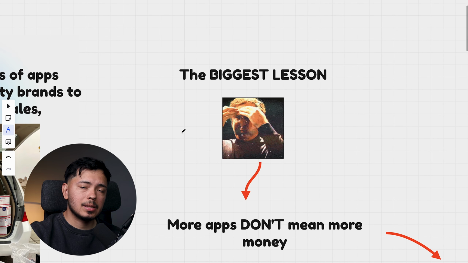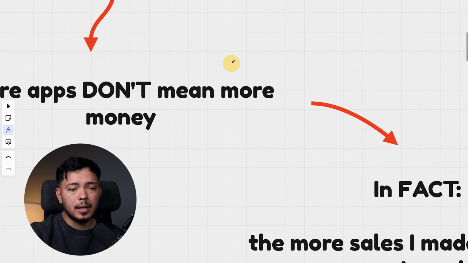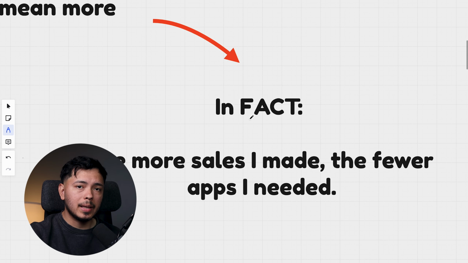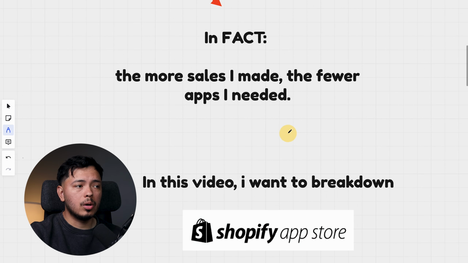And one of the biggest lessons that I've had is that more apps don't necessarily mean more money. In fact, the more sales that I was making, the more success that I was having with my business, the more I realized that I didn't need a bunch of apps in my Shopify store. I was just paying for a bunch of subscriptions for apps that I didn't even need